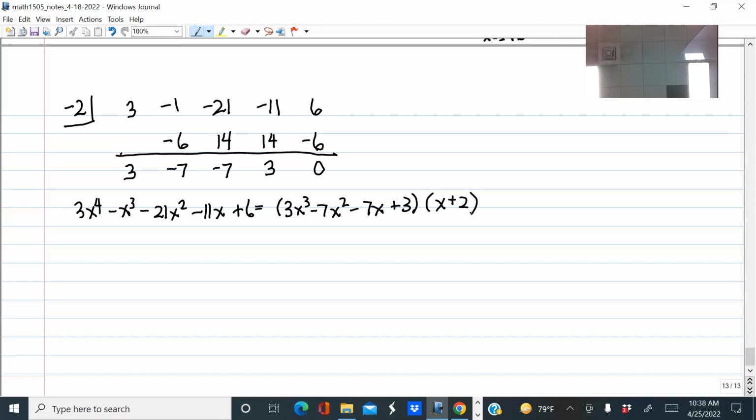Okay, so you see you've got that original polynomial partially factored, because you have an x plus 2 factored out, but now you've got to figure out how to factor all the rest of this,